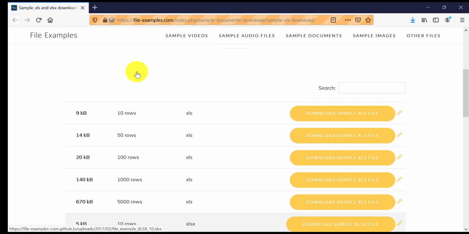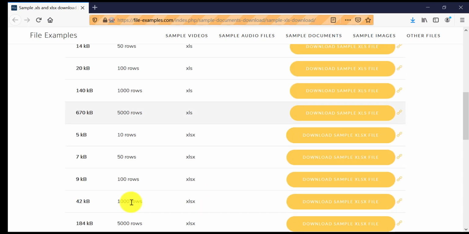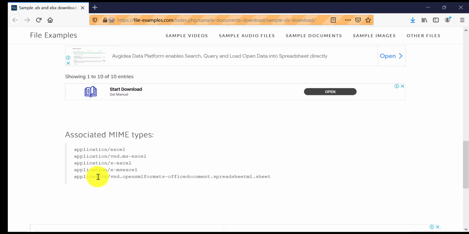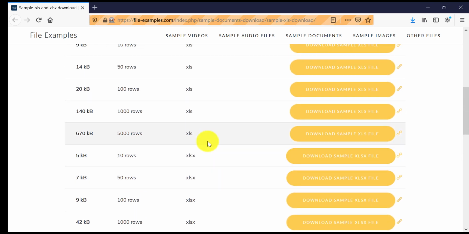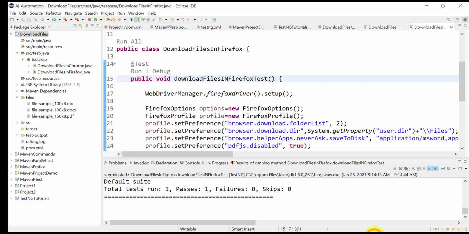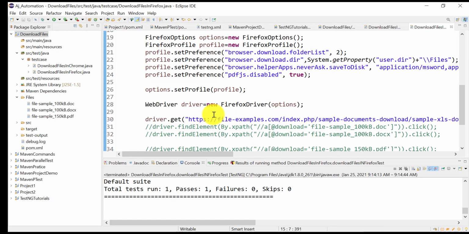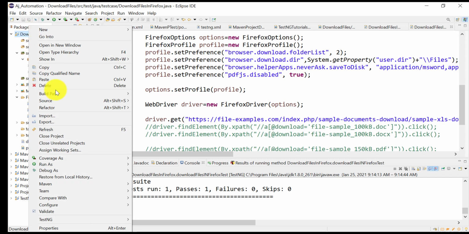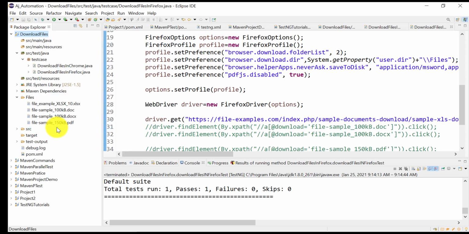It got downloaded, means it works for XLSX. This is the last MIME type, it works. You can try your own, try to download this XLS file and find which MIME type is working. Let us refresh here. As you can see, XLSX.